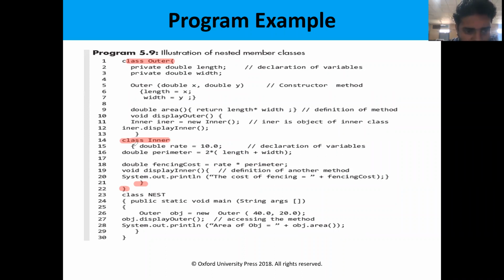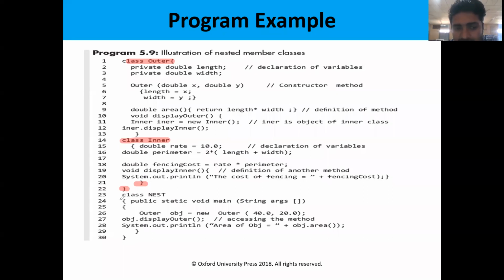So here, what he is doing in the inner class, he is declaring the rate, calculating the perimeter and displaying that method. He has closed the class. So this is all about the classes. Now we have to declare the main class.